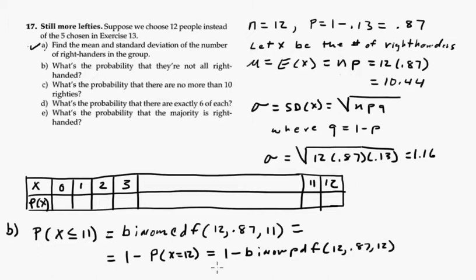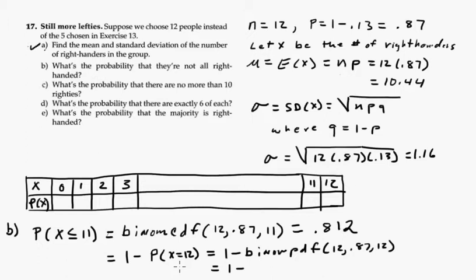And I would get the same thing. So let me just do this real quick. Binom CDF 12, 0.87, comma 11. So I get 0.812. Okay, and if I do binom PDF,